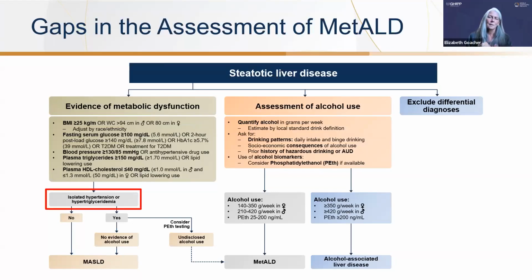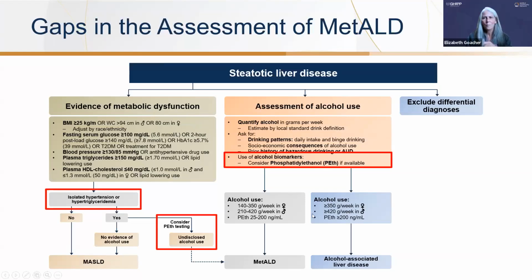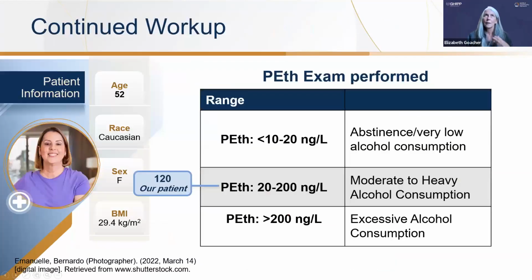We also know that in a diagnosis of metabolic dysfunction, there may be some false positives that we presume are purely metabolic related when perhaps they may be alcohol driven. And this is particularly true in the case of isolated hypertension or hypertriglyceridemia. We know that we need to look at using these biomarkers to help tease out. Sometimes there's the synergistic effect of the alcohol being driven to some degree, worsening by the metabolic factors and vice versa. So having quantification of these things is going to be more helpful when we're looking at our studies to define what's a good tool to alter them.